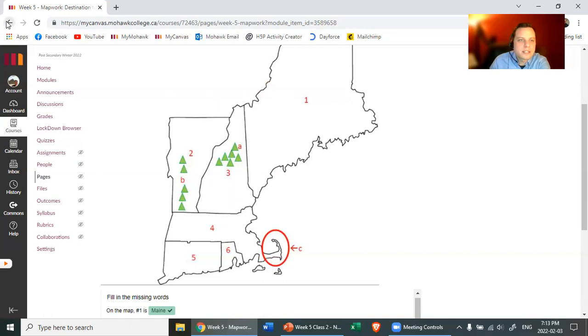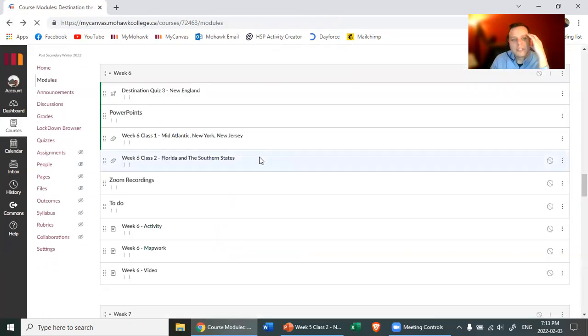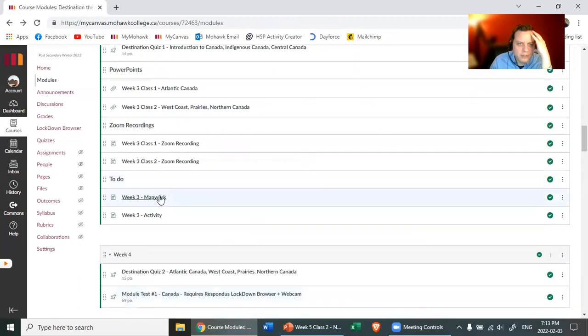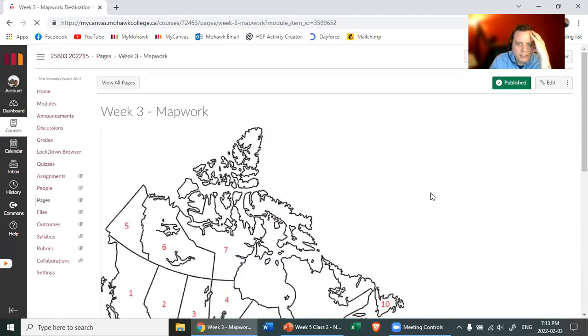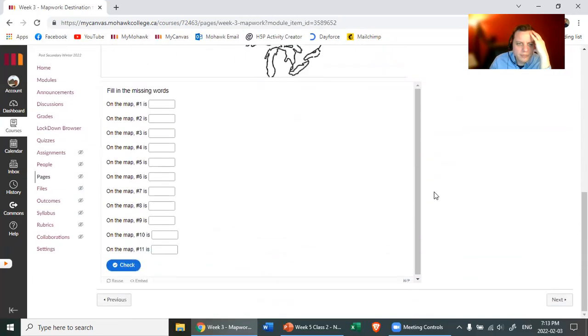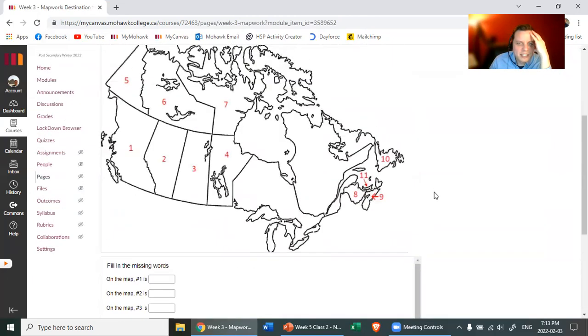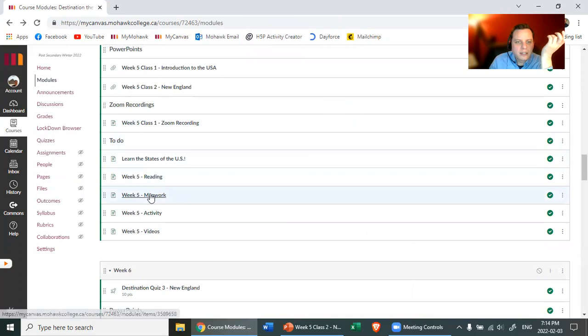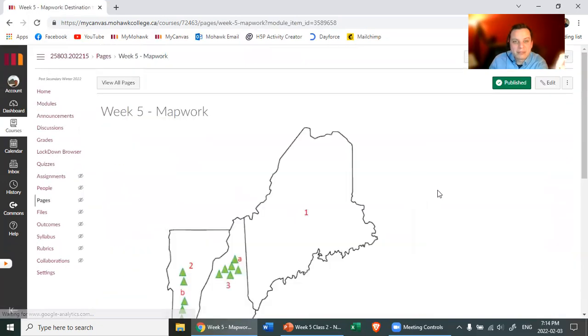Now, that's maybe not the best example. Let's go to last week and see the map work, only because that's where the question came from. So now we're going back to Canada, I believe. Okay, also that is the same idea. So on your tests, you will see something like this. You'll have the exact same map, first of all.